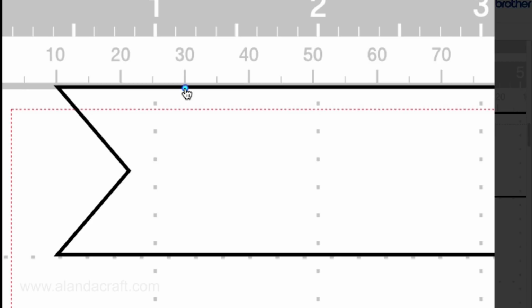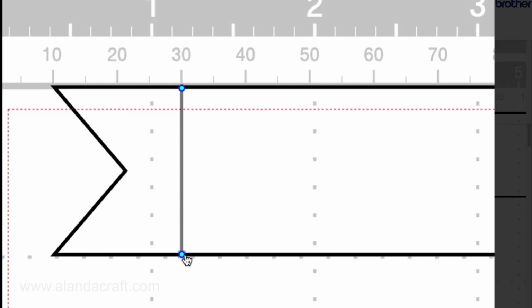Alright, you can see you get a little dot up here, and you can see this follows you around. That's what you want. So now you need to hold the Shift key, and as soon as I hold the Shift key, watch what happens. See how it locks into place every time I hit that Shift key? That's what you want. So you want to hold the Shift key down and just move your mouse down until you get to the other end of that black line, and just click once,